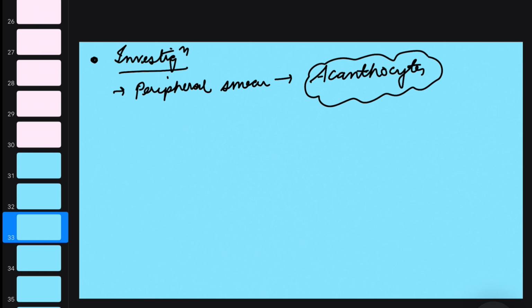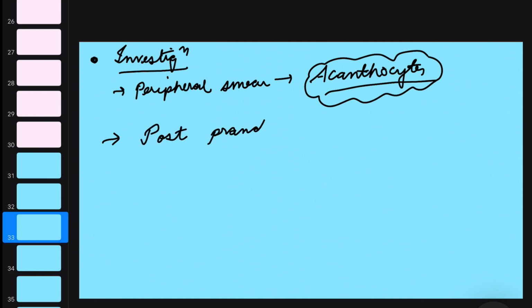No. In fact, this is just to make up for the name. That's why I told you. This is an important point that you should remember, obviously. But this is not what we are using in common clinical practice to diagnose. We are not taking a peripheral smear of a patient with Abetalipoproteinemia and looking for acanthocytes. Although that is there, we have a much more important, much more sure shot way of knowing that this is in fact Abetalipoproteinemia, and that is very, very important: